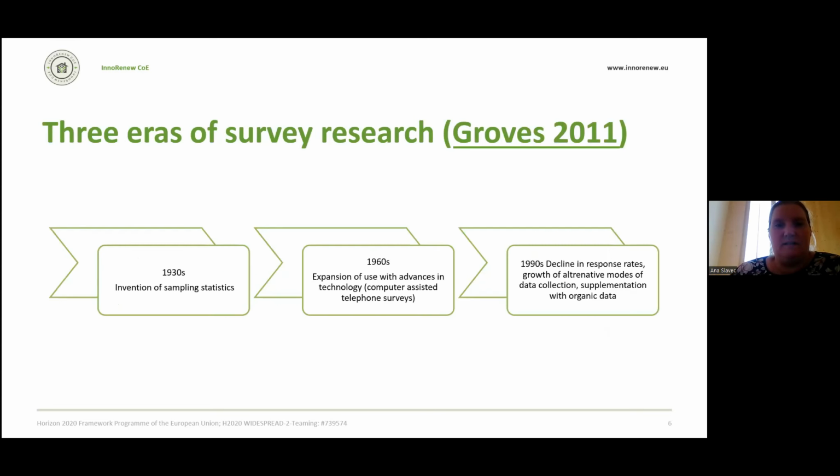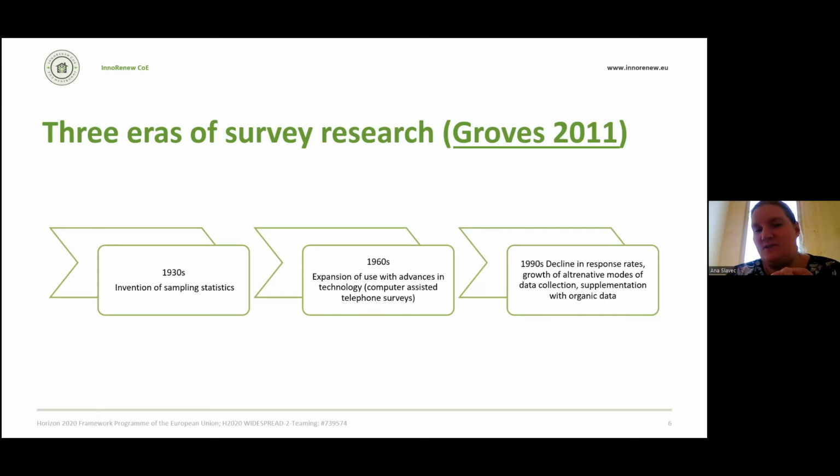The survey research is actually not so old. I mean, there were surveys even before the 20th century, but they were not really scientific. They were forms used when people wanted to collect information for the government. But the real start of survey research as we know it today was in the 1930s with the invention of sampling statistics. And the golden era was in the 1960s with the expansion of technology, when we had